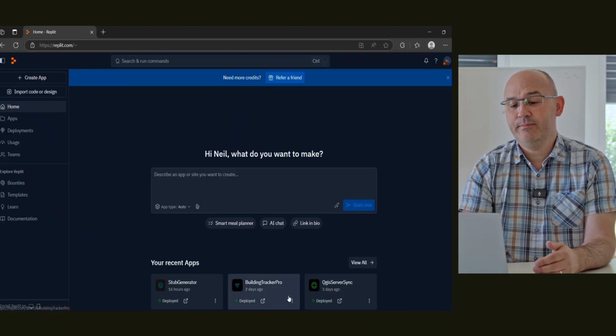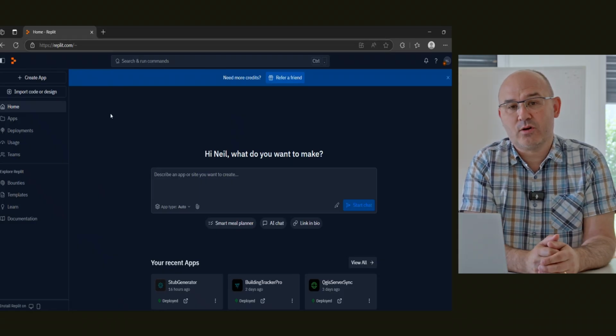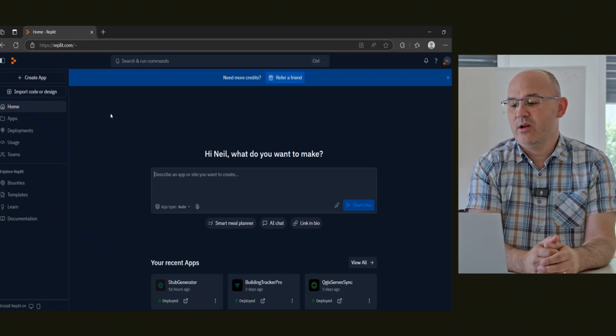So without further ado, let me jump to the platform, and you can see replit.com or repl.it also gets you there. Once you have logged in, you can log in with different credentials. You can log in with the university credentials and create a login. I've logged in with my GitHub handle so that the code that's generated can automatically be connected to GitHub. You can also log in with a Microsoft account or Google account. There are various ways to create that account at the beginning.